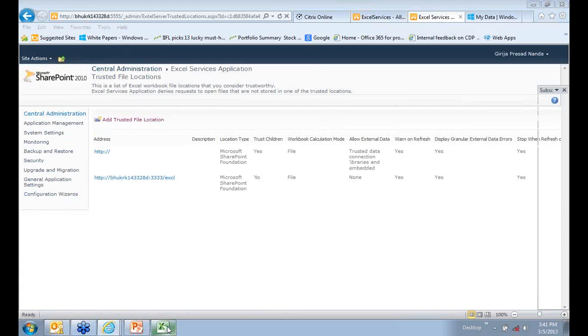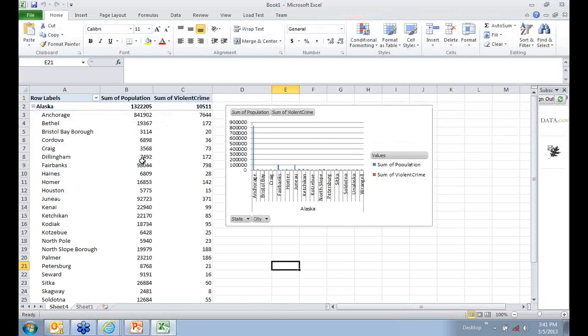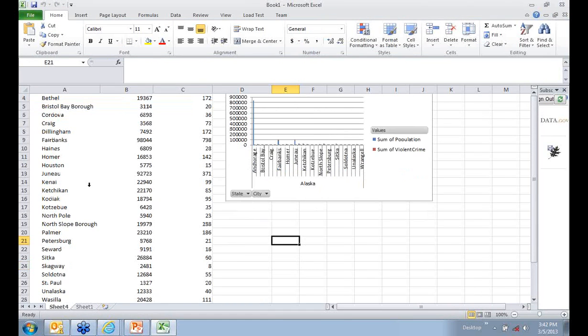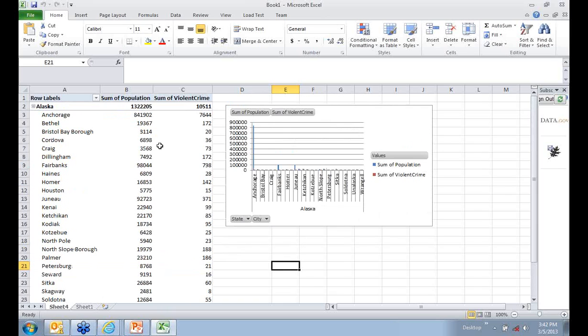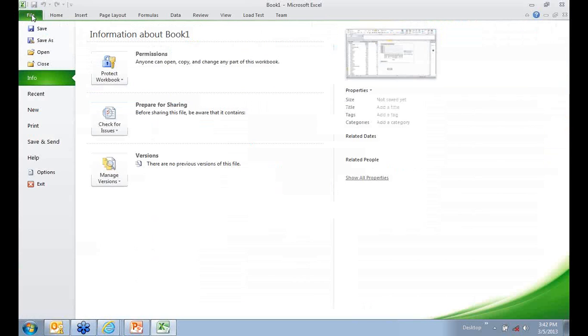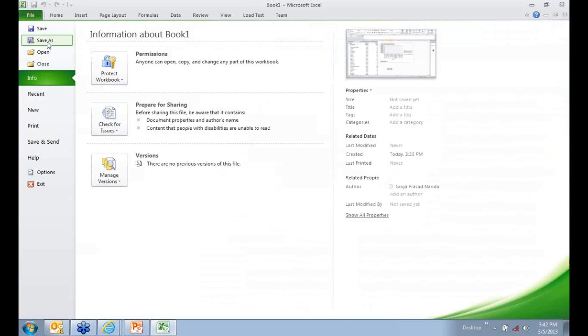Okay, so now I'll go back to my Excel sheet, right? I have already created some pivot tables and pivot charts, right? So now this particular chart and table I want to publish, right? So how do I publish it? It is not like saving it. See here, click on file, save or save as,